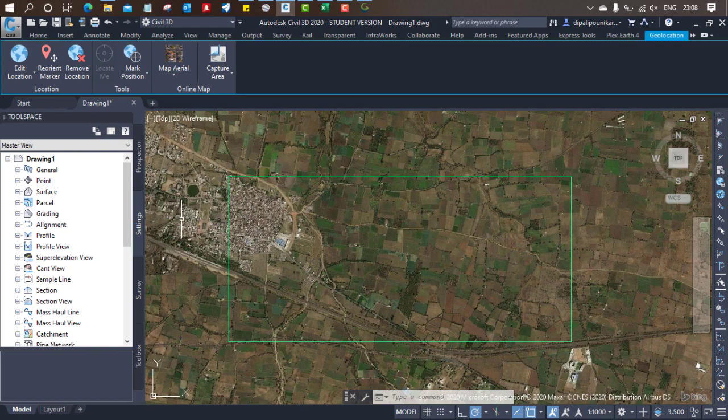In this particular lecture, I am going to draw an alignment with respect to the design standard of the Indian country kit. If you download the country kit from the Civil 3D website itself, you can get it over here. Otherwise, you can just search on Google for the India country kit for Civil 3D, and you will get redirected to the Autodesk website only. Then install that one.